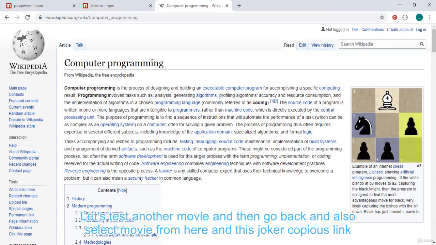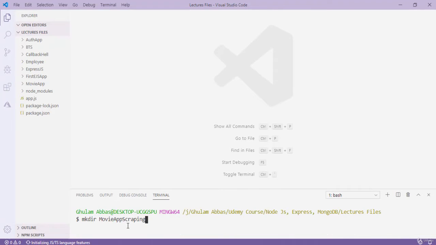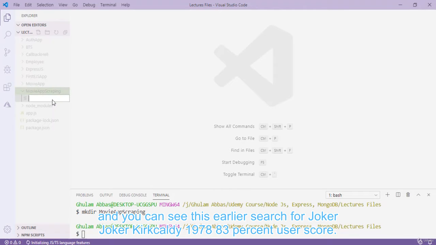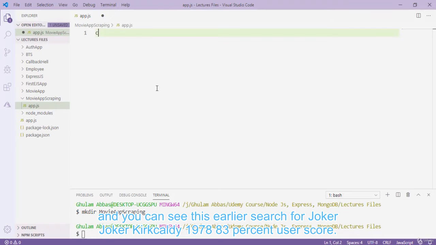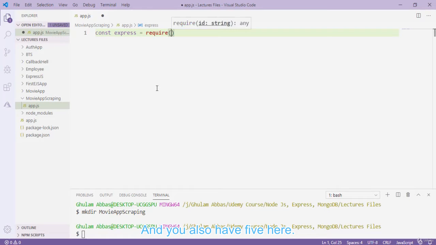I go to my Visual Studio Code and create a new folder in the lecture files with the name. I type here movie app scraping like that. I press enter, and in this, first of all, I'm going to create a new file with the name app.js. First of all, we have to type here const express, definitely our framework with Node. I'm going to require here